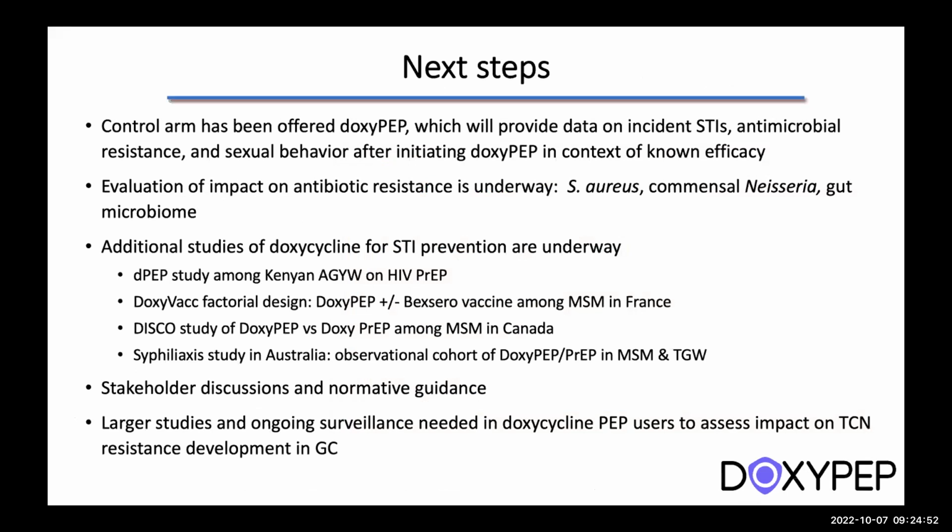interest is high. So next steps, and this is my last slide, the control arm has been offered DoxyPEP. Most have taken it up. We're following participants through next May, and we'll have additional data on incident STIs, antimicrobial resistance, and sexual behavior after initiating DoxyPEP. We're looking at antibiotic resistance in Staph aureus, commensal Neisseria, the gut microbiome, and there's several other studies